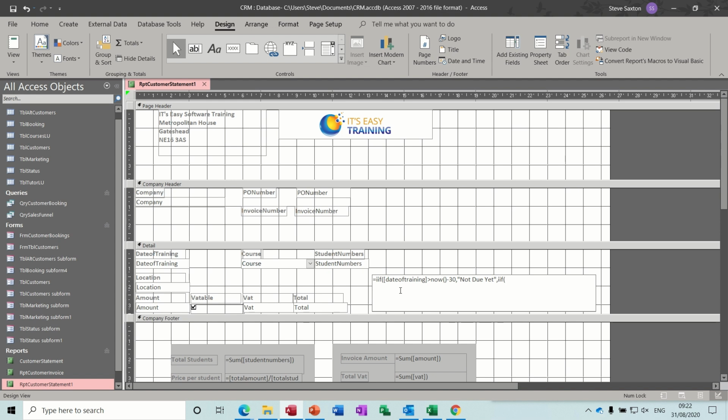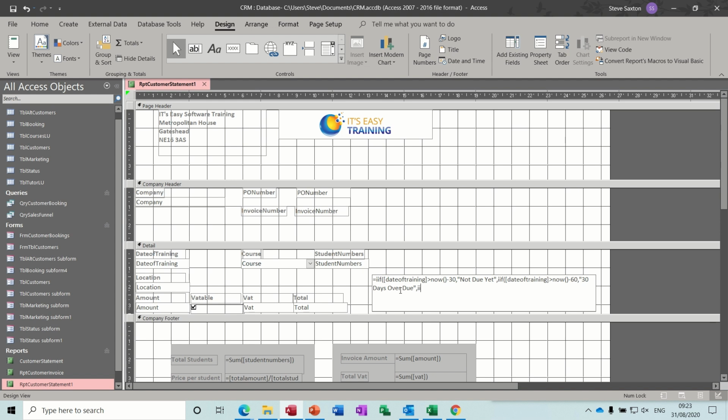So then if [date of training], hopefully I'm not doing any typos here, if [date of training], square bracket closed, is greater than the now function, open and close bracket, minus 60, this is going to be, comma, "30 days overdue". So in quotes, 30 days overdue. Close quotes, comma, and then the final one, if